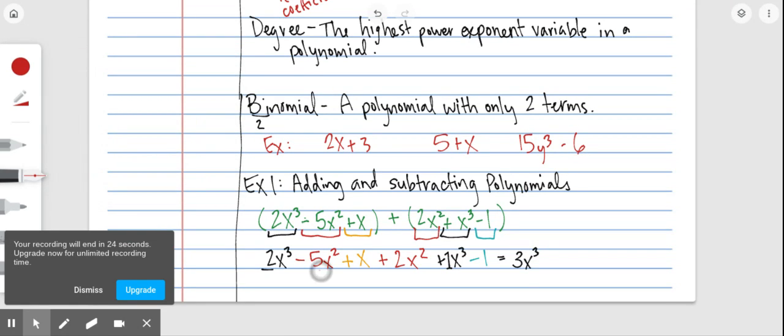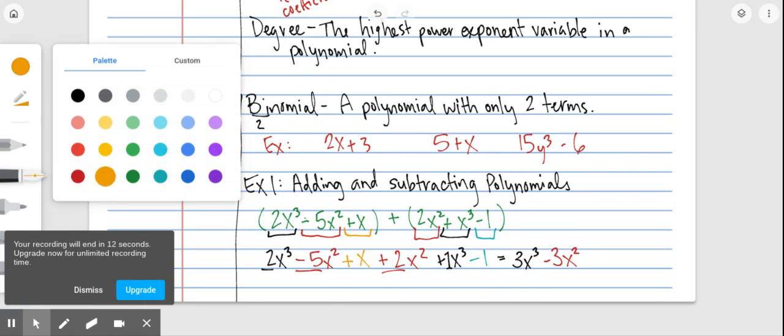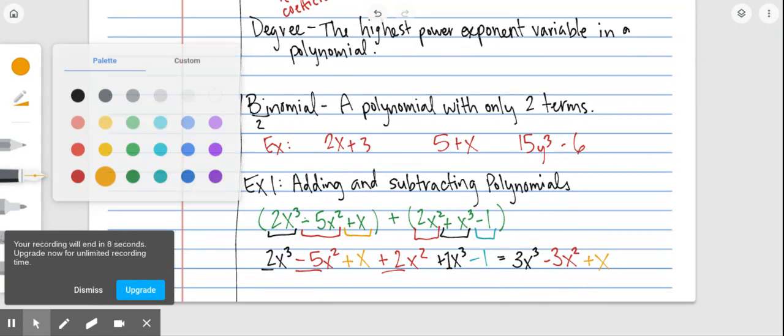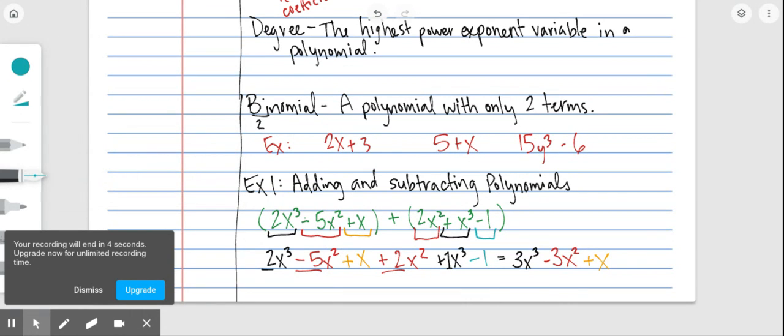I have a negative 5x squared and a positive 2x squared, which leaves me with negative 3x squared. I have an x term, which doesn't have anything else, so I do plus x. And I have a constant that, again, does not have anything else, so I leave it with minus 1 at the end. And here I have added my